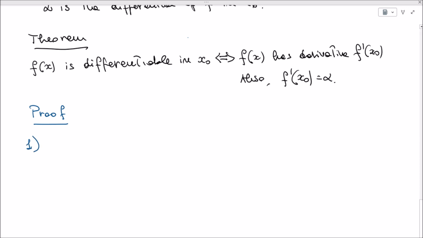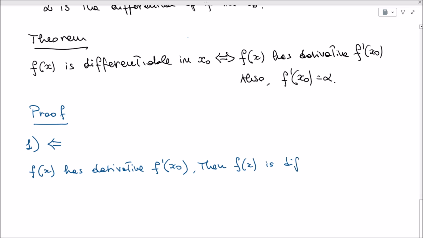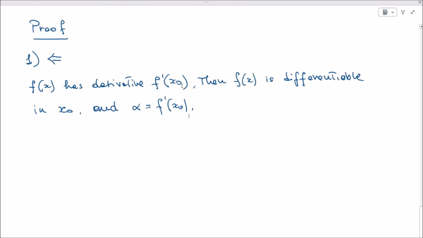Okay, part 1 is basically this arrow, namely the fact that if f of x has derivative f prime x naught, then f of x is differentiable in x naught, and alpha, the differential, is exactly equal to f prime of x naught. So we wish to prove